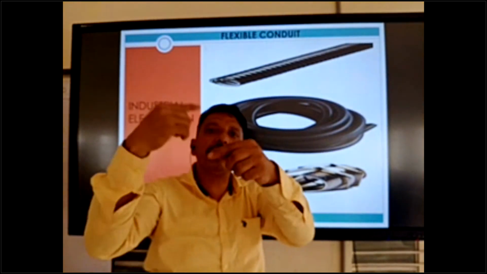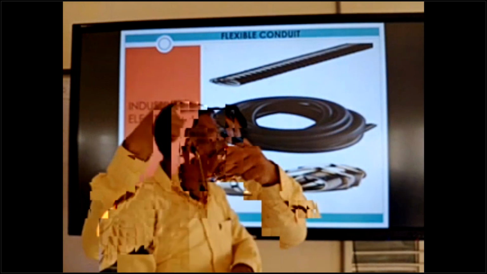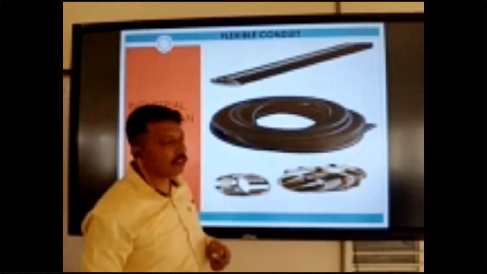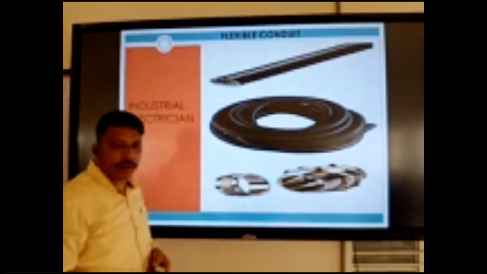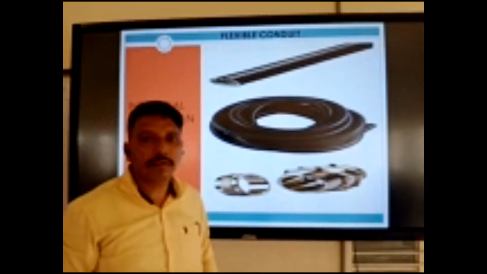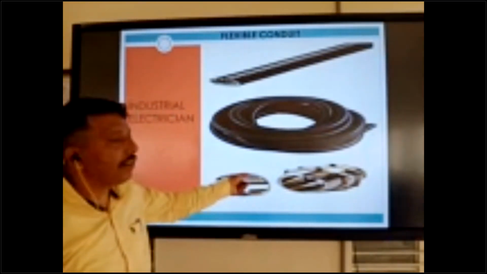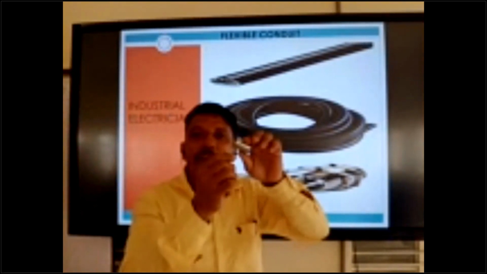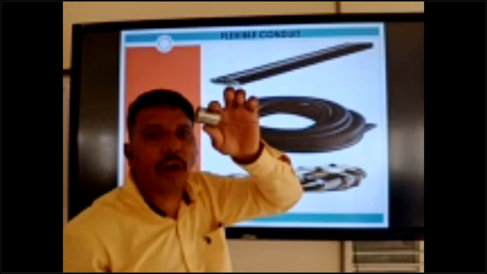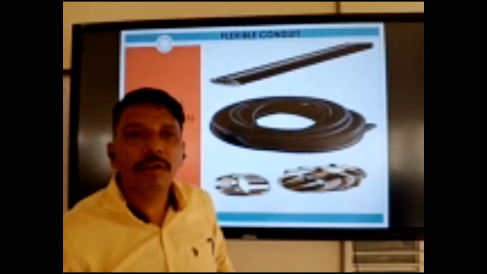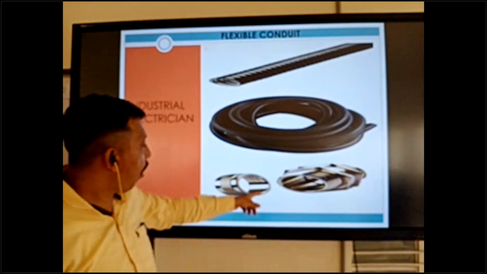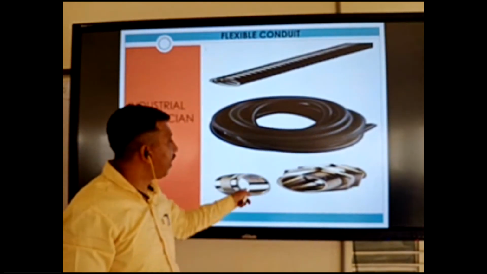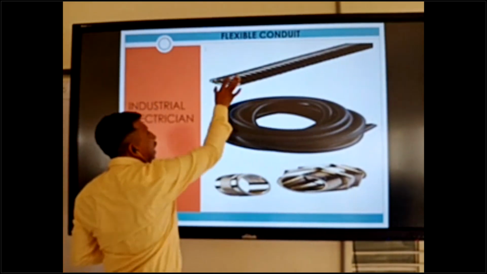Very small thin steel is coming inside this flexible conduit. So for joint purpose we can use a Copex gland. This is the Copex gland. Okay, this is the Copex gland. So at the Copex gland joint, if you are joining at the motor terminal inside, GI conduit to flexible conduit, that time you can use a Copex gland. This is the Copex gland, and this is flexible metallic conduit.